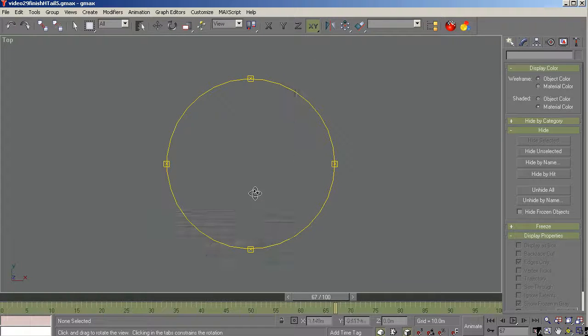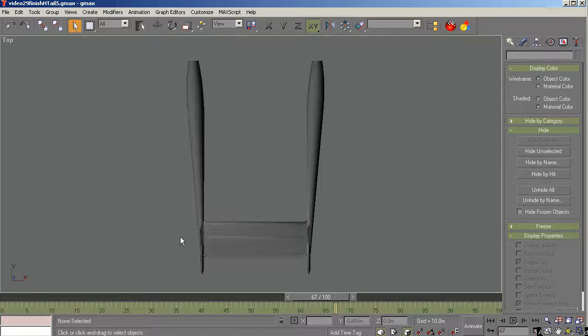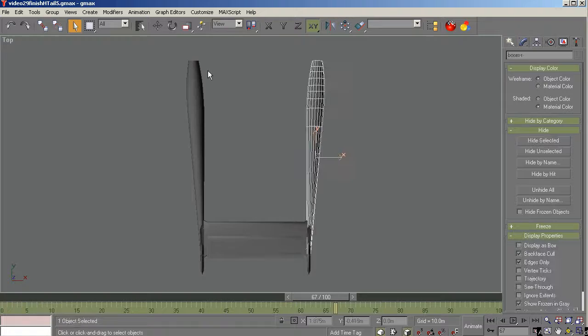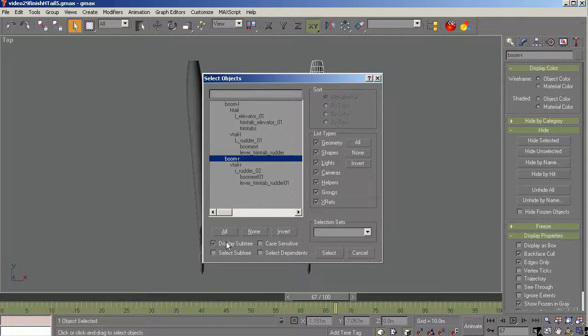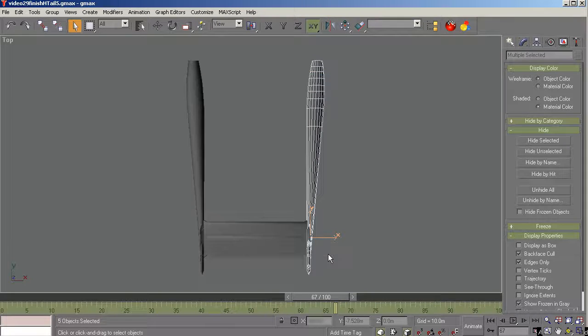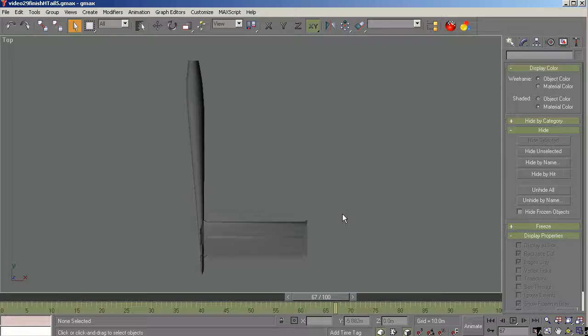Okay, in the previous videos we created the left boom, left tail, the rudder, and the trim tab, and we created the htail, but we didn't finish off filleting here, and we didn't clone this side to the other side. So that's what we're going to do in this video, just to show you how to wrap this thing up. And we're going to display subtree, and we're going to just delete all of that work there,